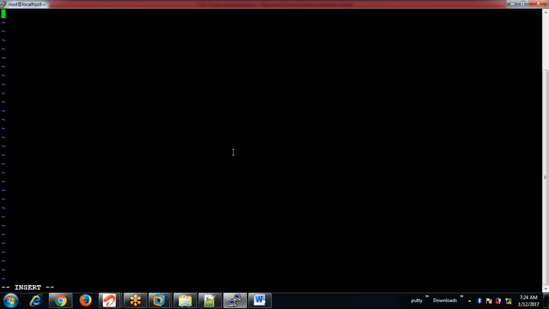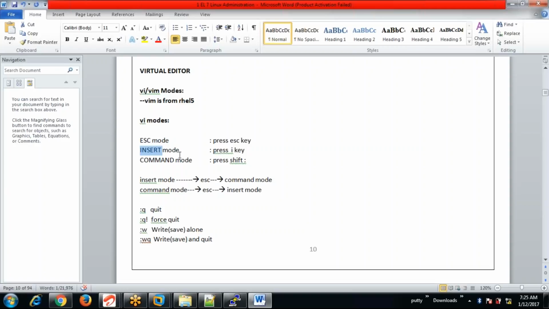Now I'm in the VI editor, and you can type whatever you want. I'm just adding some content. Next, I'm getting into the command mode to give a command, where I can quit or save and quit.